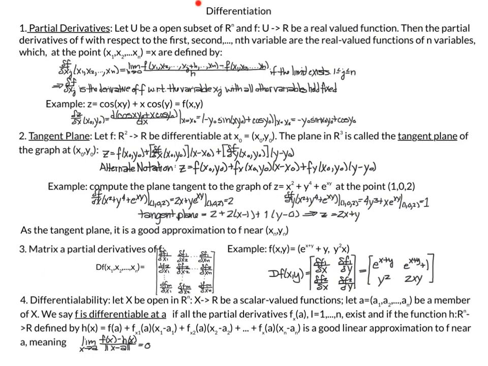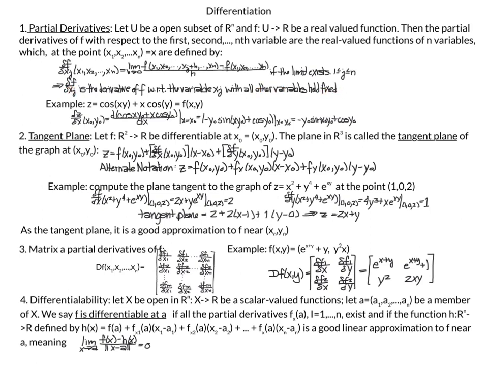So we talked about differentiation of functions of several variables. We talked about partial derivatives. In effect, when you have several variables in a function and you take a derivative, you have to know with respect to which variable you're looking at the changes. All the other variables are going to be held fixed. So the partial derivative of f with respect to the jth variable is the derivative with respect to the variable v sub j. So we treat the jth variable as a variable, and all the other x sub i's are held